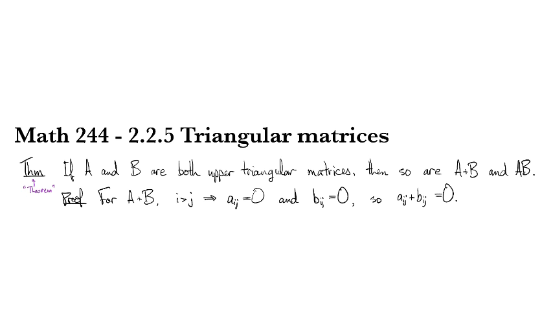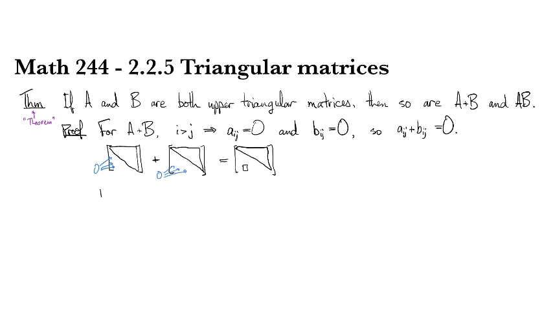And so in picture form, if this is A and this is B, then what I know is that everything under the diagonal is going to be a 0 in each of them. And so if I add these together, then when I look at any entry that's under the diagonal in the sum, like this one right here, well, this is just going to be 0 plus 0, so it has to be equal to 0. Okay, what about the